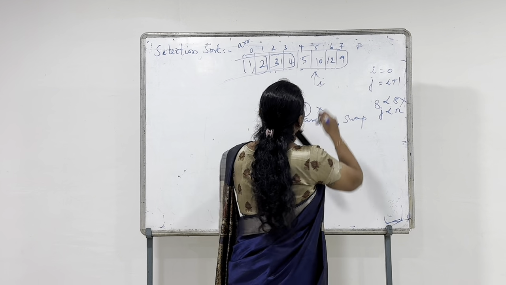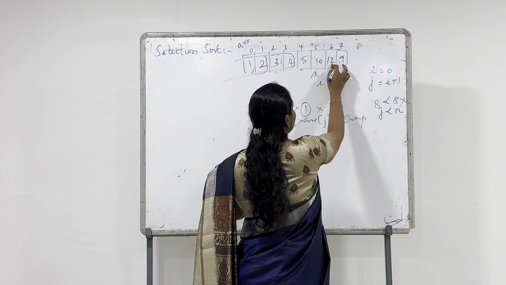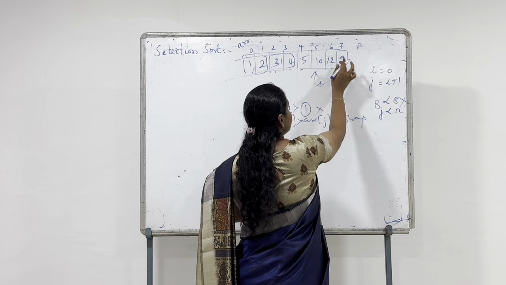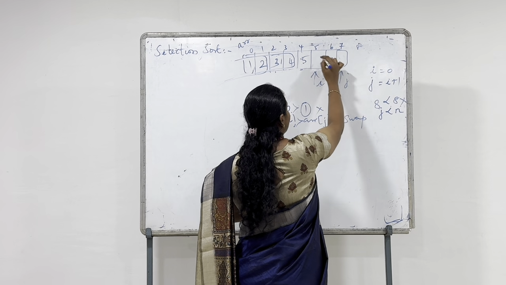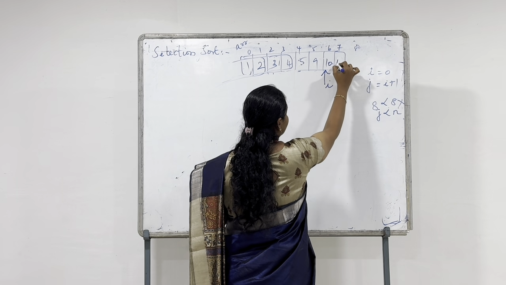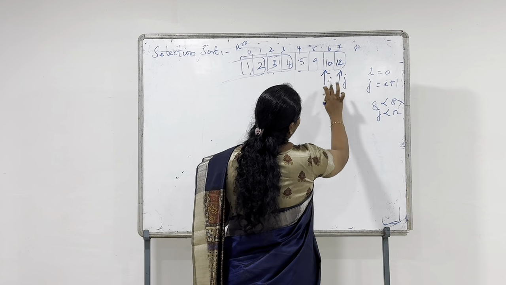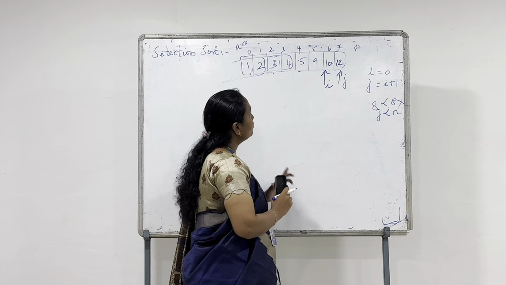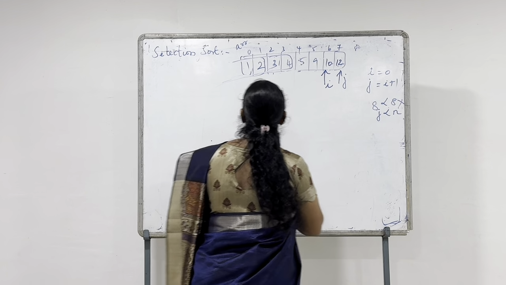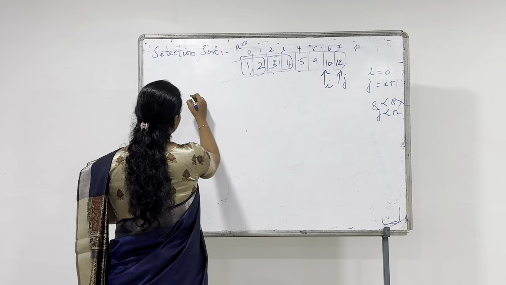Now compare I and j. So 10 and 12, 10 is lesser, and 10 and 9, 9 is the least value other than this element, so swap. And this is the end of our sorting. Now, what should be the initial value for